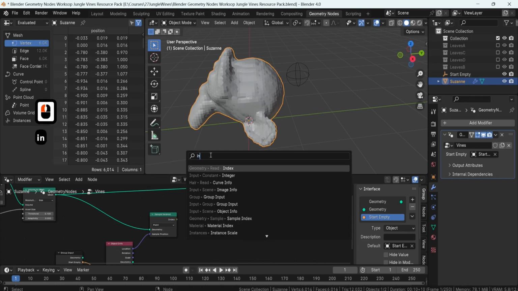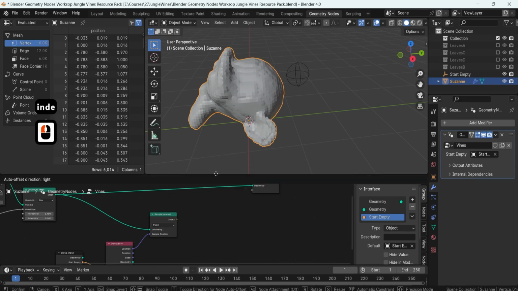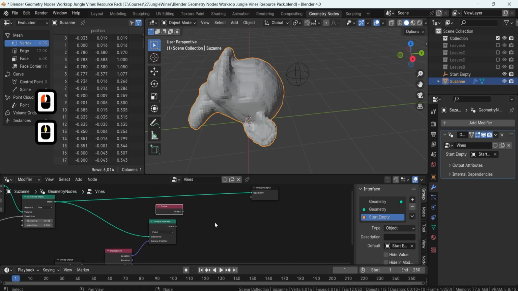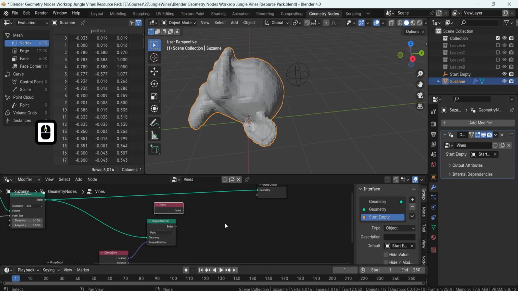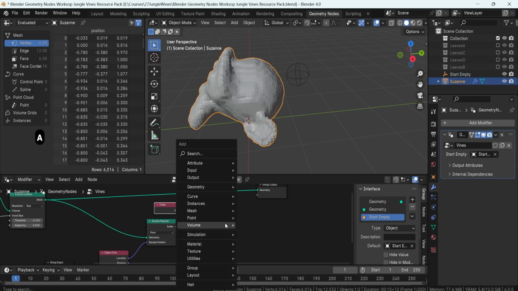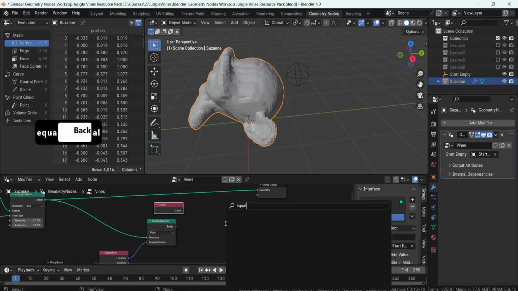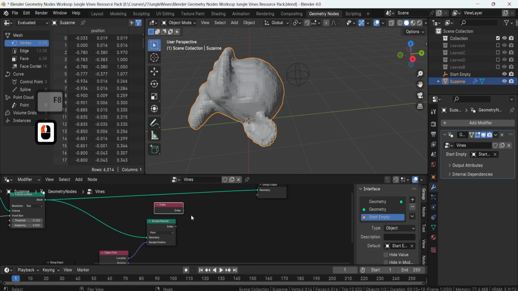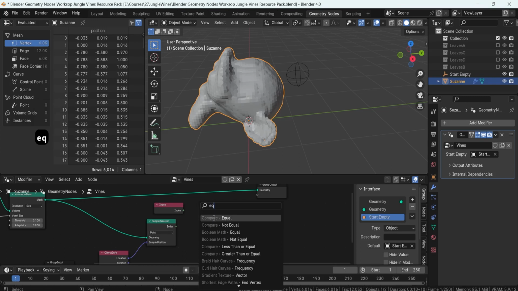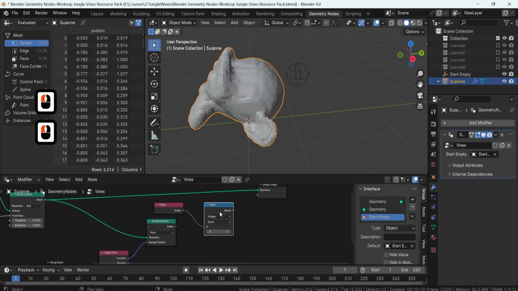And if we search for index like so, we can find ourselves this type of a node, which allows you to basically select vertices within the mesh, basically. So for us to make use out of index, if we click Shift and A, we need to search for equal. And actually, by dragging this from index itself, if we search for index equal, like so, we can grab ourselves